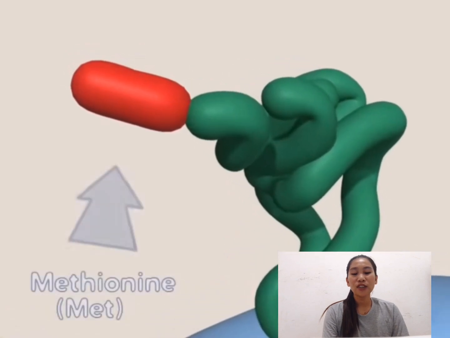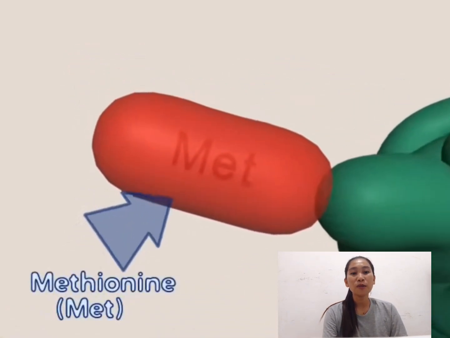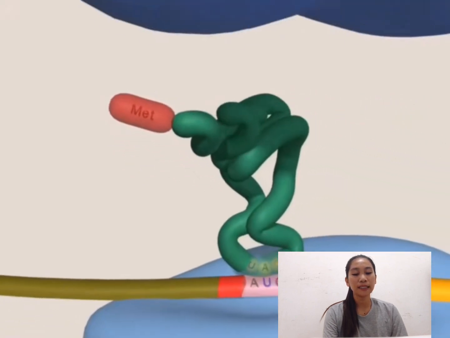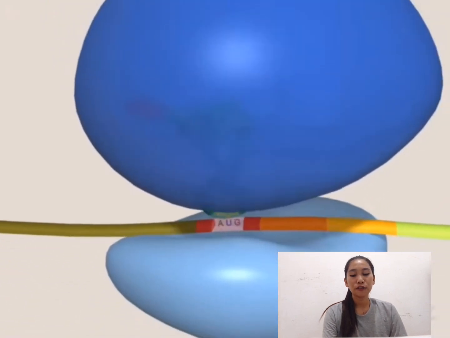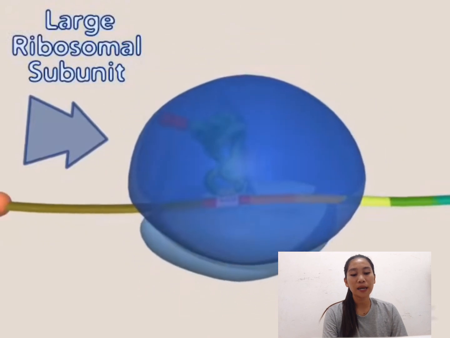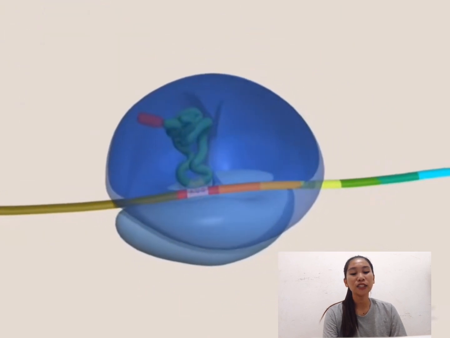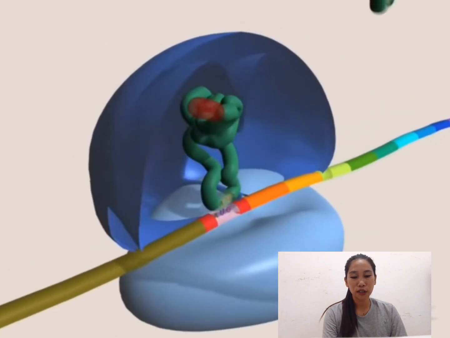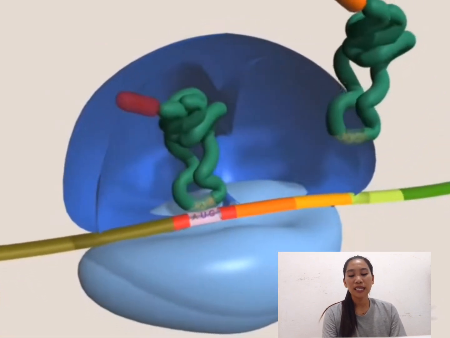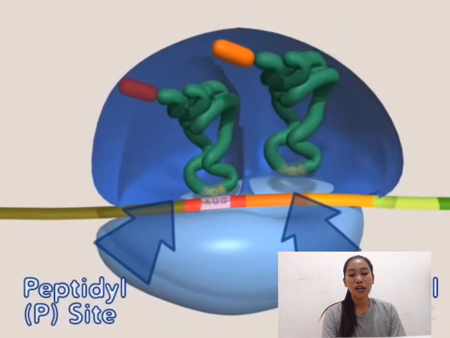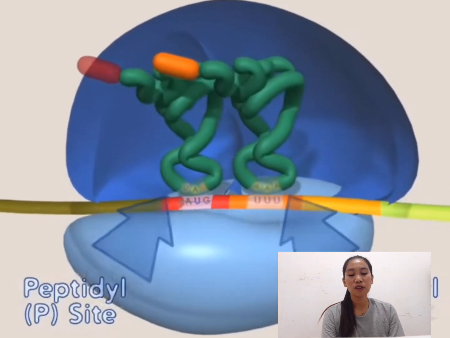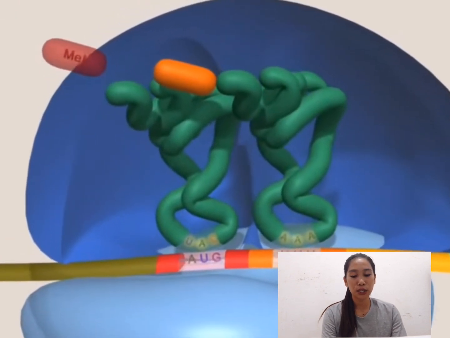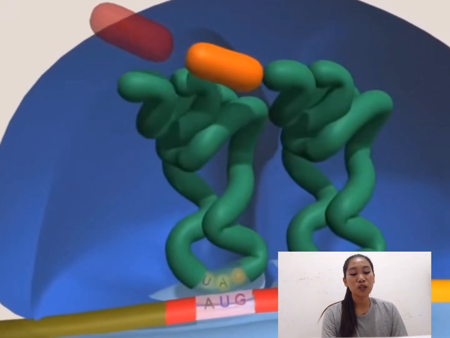Methionine corresponds to the AUG codon. The large subunit of the ribosome combines to create the peptidyl or P site and the amino-acyl A site. The first tRNA occupies the P site, the second tRNA enters the A site, and is complementary to the second mRNA codon. The methionine is then transferred to the second amino acid. The first tRNA is released, the ribosome moves along the mRNA, and the next tRNA enters. These are the basic steps of elongation.